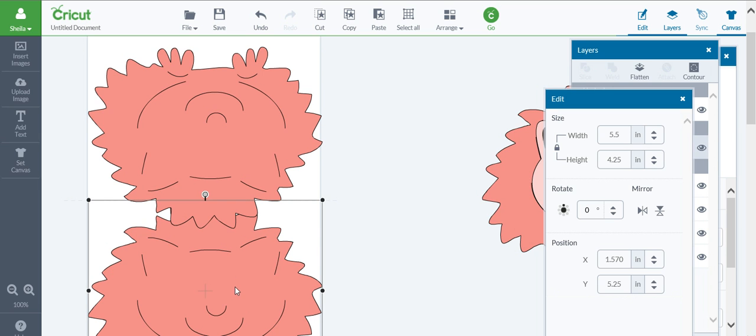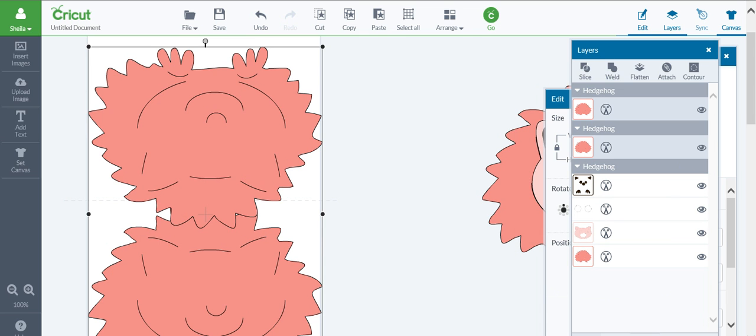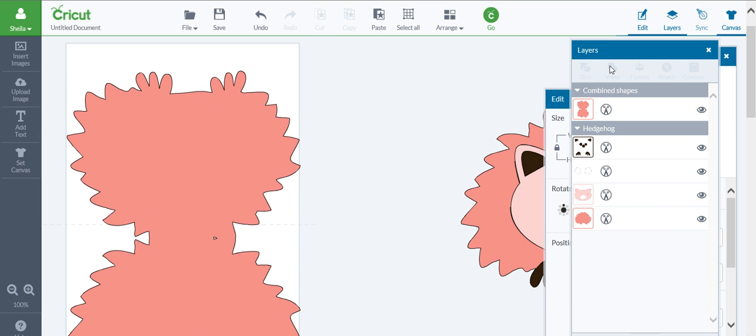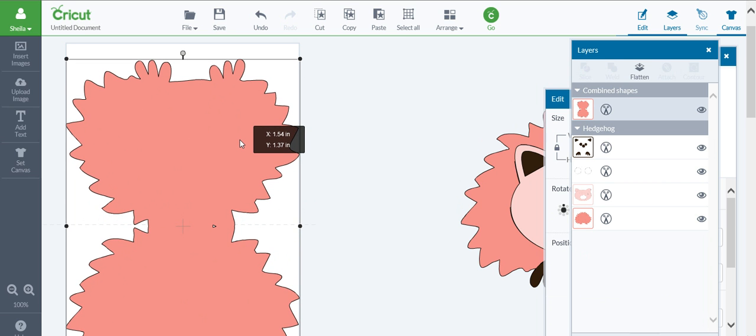So what I do is I click on the lower one, hold my shift button, click on the top one, and it makes it one. Or you can select all. And I want to group it. Group, and as you can see, it's now grouped together, and then I want to weld it, and it'll all be one piece. Okay, now the fold is going to be up here,